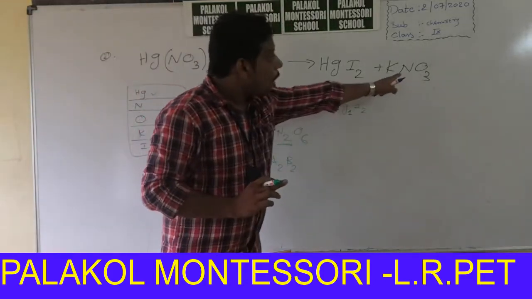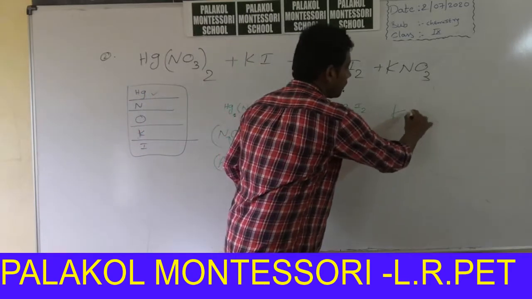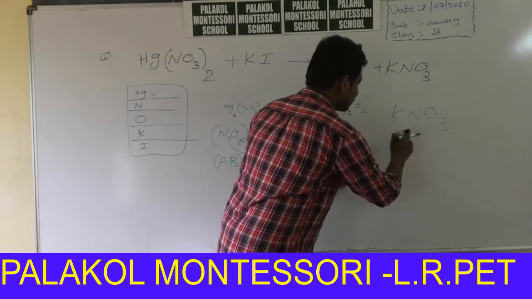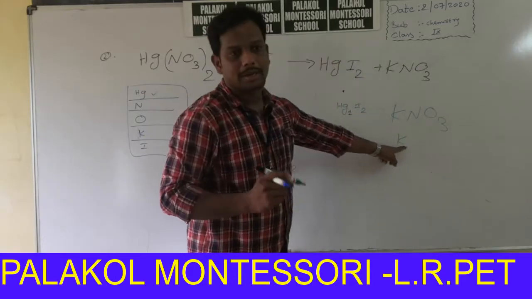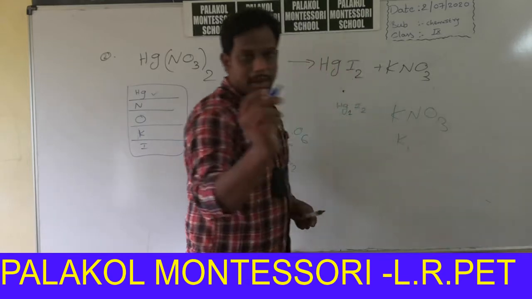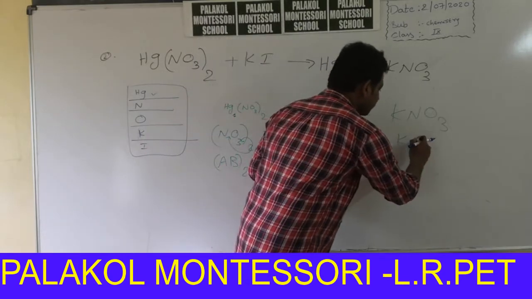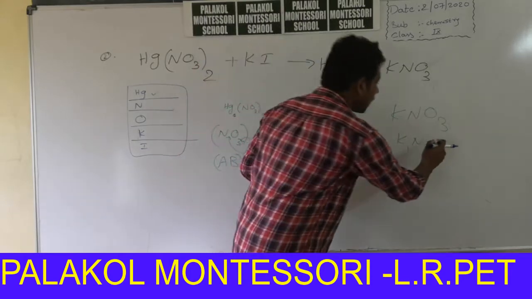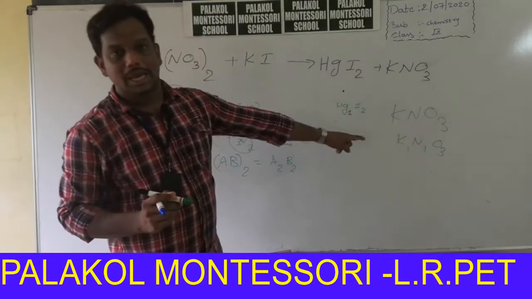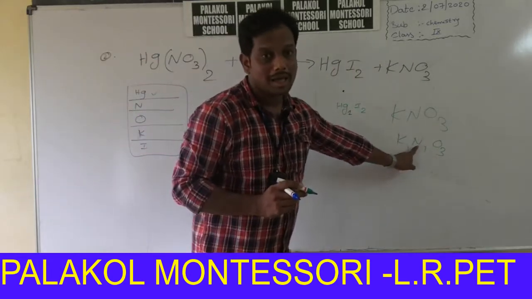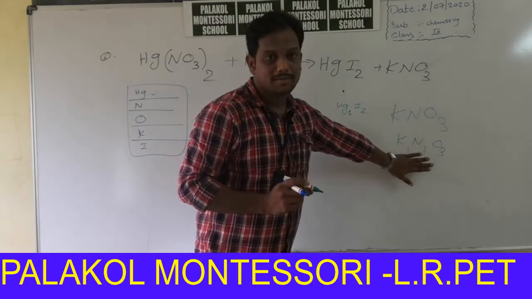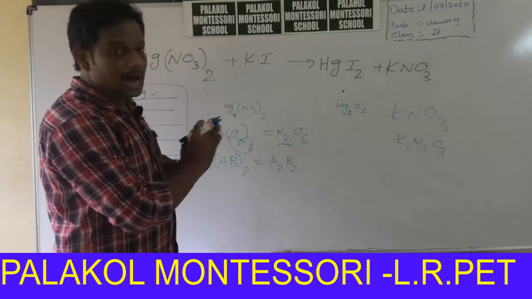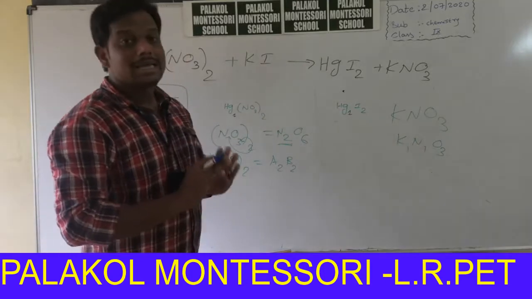Observe how many nitrogen atoms are there in KNO3. KNO3 means K1, K has no subscript, which indicates 1, no number means 1. N has no subscript, that means nitrogen has subscript 1, and O3. So in KNO3, the number of nitrogen atoms is 1. On the right hand side, nitrogen atoms are 1. On the left hand side, nitrogen atoms are 2. So this equation was not balanced. It is an example of a skeleton equation.